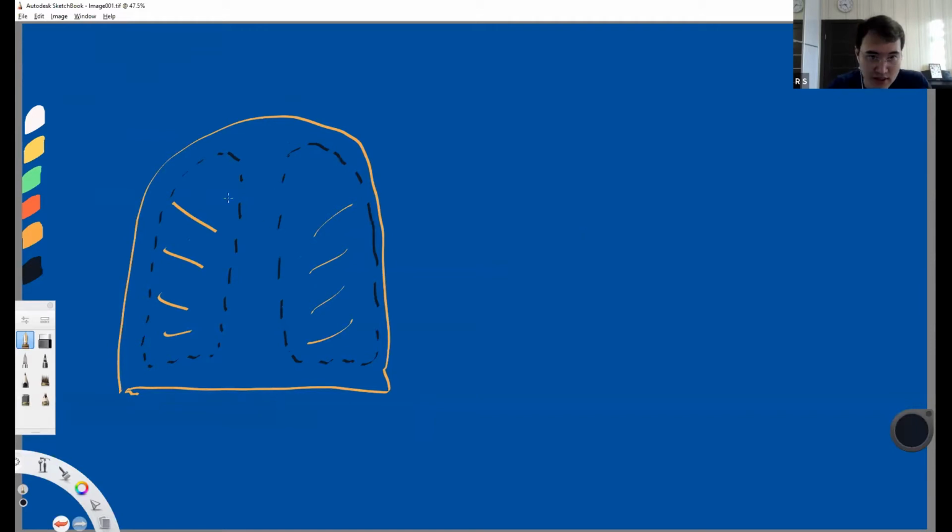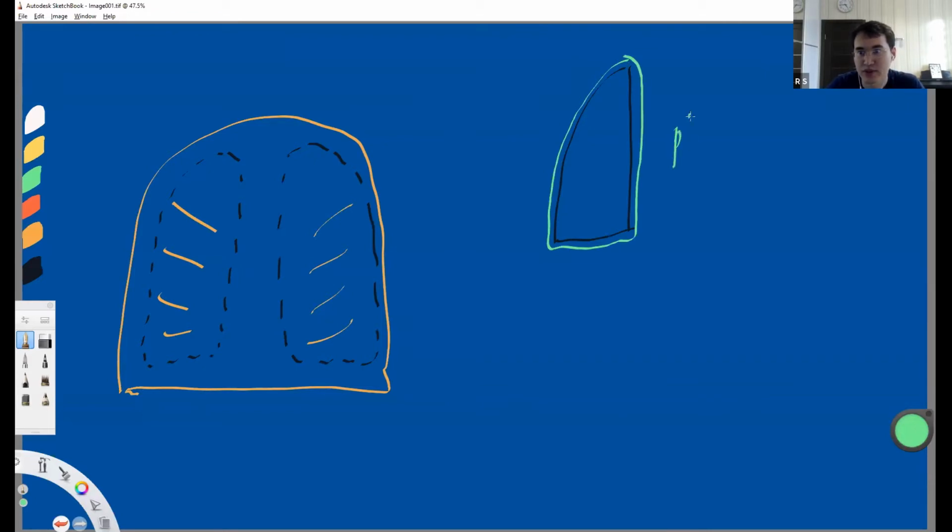But also these lungs, they are inside the pleural covering. So on top of the lung, we have the lining of it called pleura, and it creates a kind of cavity between the two foils of these pleura. So we have inner part and outer part of the pleura, and inside we have the